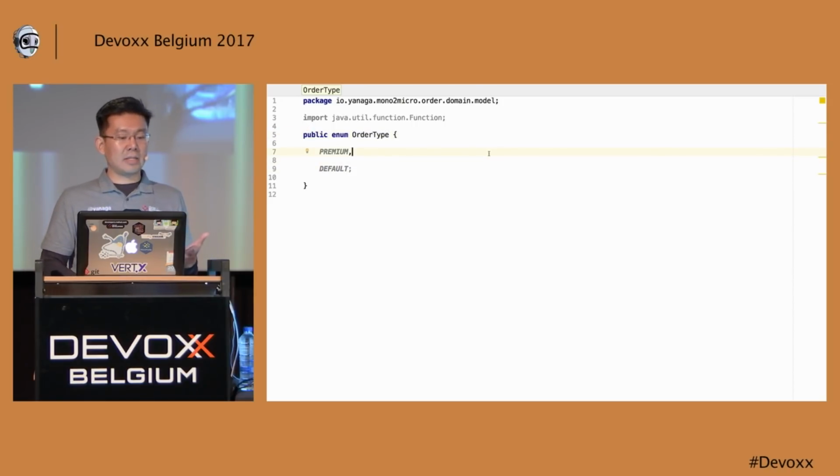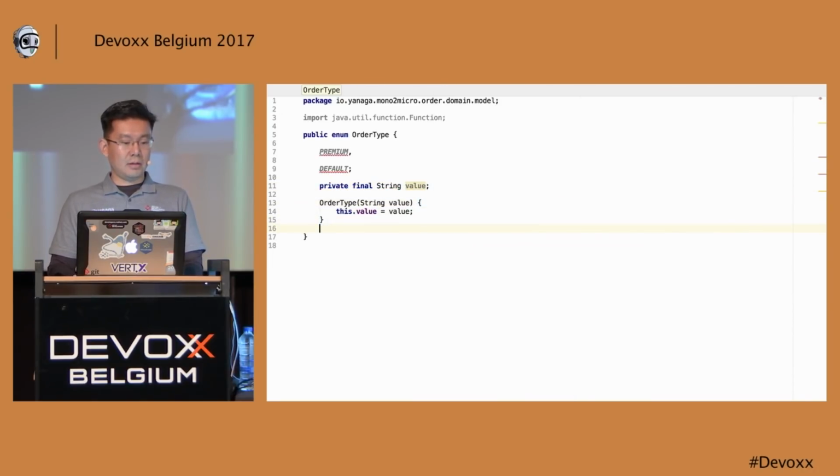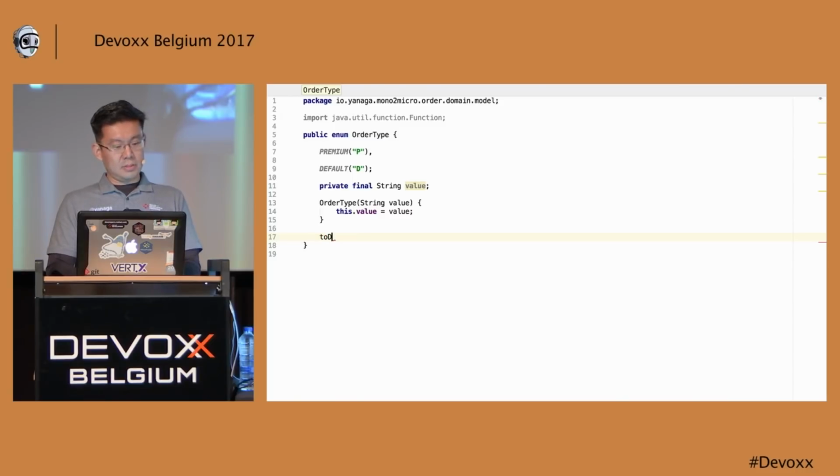But maybe you don't want to store that just as premium or default. You want to store that just as a single character in your database. So maybe you can add some fields to your enum, like private final String value, and you can add a constructor to your enum, and you can say that here premium is with a P and default is with a D. Okay, and you can say, well, toString,